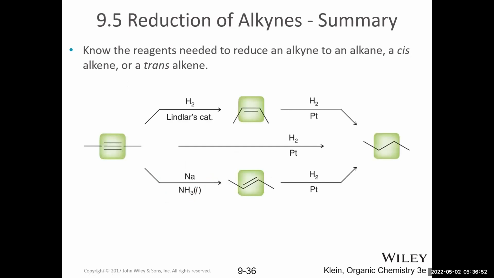So let's look at a summary of reduction reactions. So we know that we can reduce pi bonds and reduce functional groups, right? So we can go from an alkyne to an alkene or reduce it all the way down to an alkane. So typical hydrogenation with hydrogen gas and metal catalyst will reduce the triple bond all the way down to a single bond. Or you could stop at an alkene through using a poison catalyst.